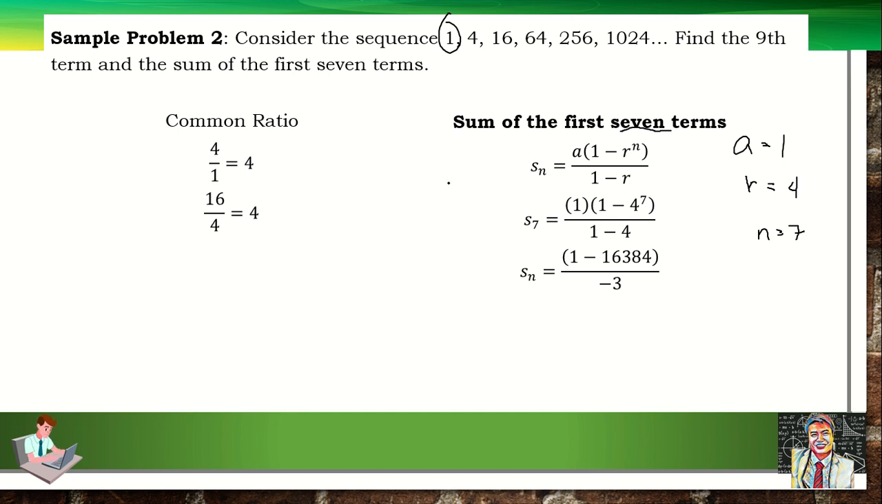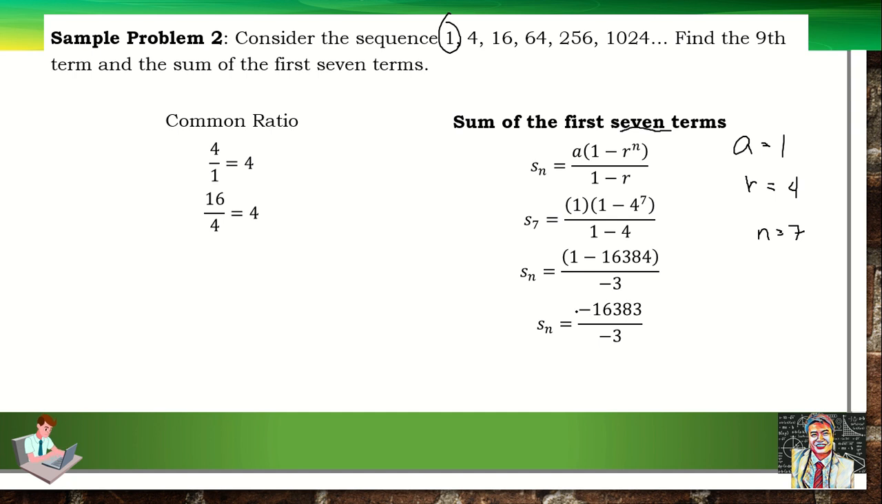Okay? Wala na yung 1 dito kasi any number na multiplied by 1 is still the same. So, kung ibang number yan, maglalagay kayo ng ibang number dito. Okay? So, yung denominator natin, 1 minus 4 gives us negative 3. So, that will become 1 minus